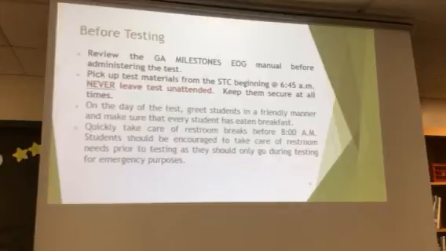On the day of the test, greet students in a friendly manner. Make sure that every student has eaten breakfast. It should be just kind of a light tone that day. Some kids are really anxious. You never know what happened to them at home before they get there. Just keep it nice. Keep it easygoing. Make sure they get their restroom breaks before 8. Remember, we're going to try to